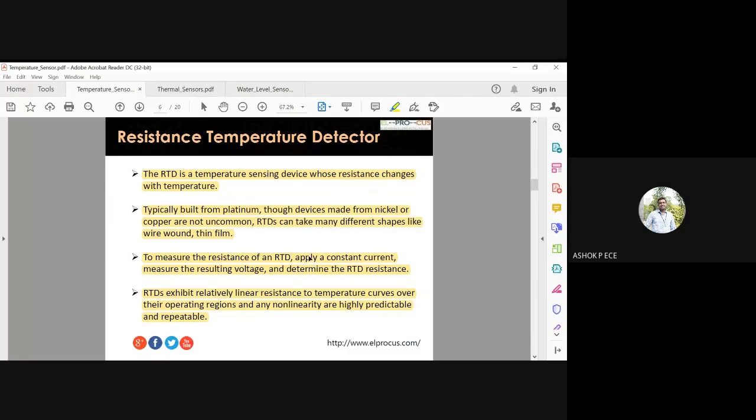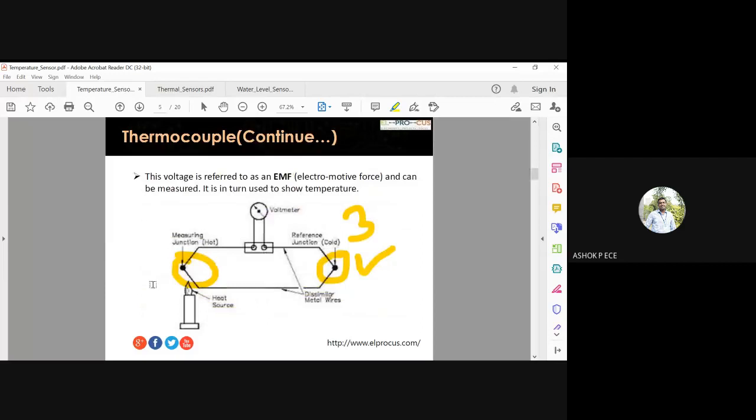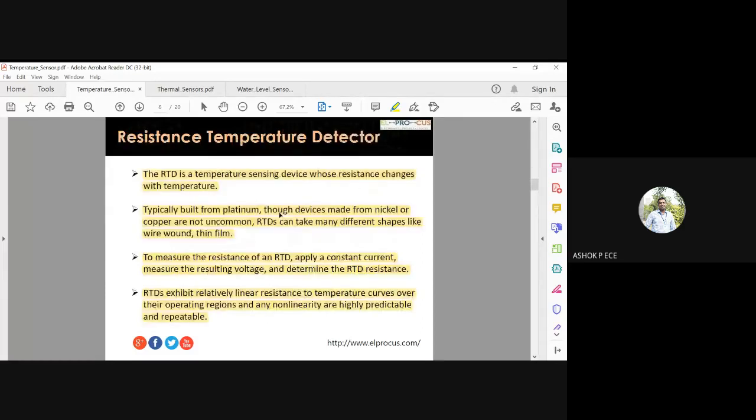So first one is thermocouple. We have seen difference in temperature is proportional to voltage. But here, the temperature change is proportional to resistance. And how to measure the resistance? Use Ohm's law. V is equal to IR. I can write R is equal to V by I. For measuring resistance, I need voltage and current. So pass current through the RTD and measure the voltage. So I know V, I can find R is equal to V by I. Okay.